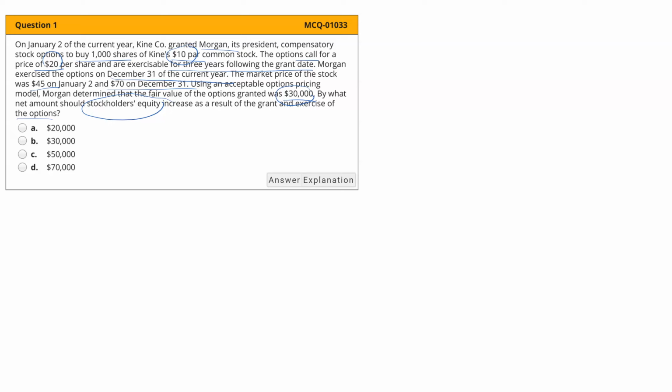Since the options are exercisable on the grant day, we have to record the entire amount as a compensation expense. Otherwise, if there is any service period, we would allocate the compensation expense over the years or over the service period. So here, if I would like to do the journal entry on January 2, we have to record the entire value, which is $30,000, as compensation expense